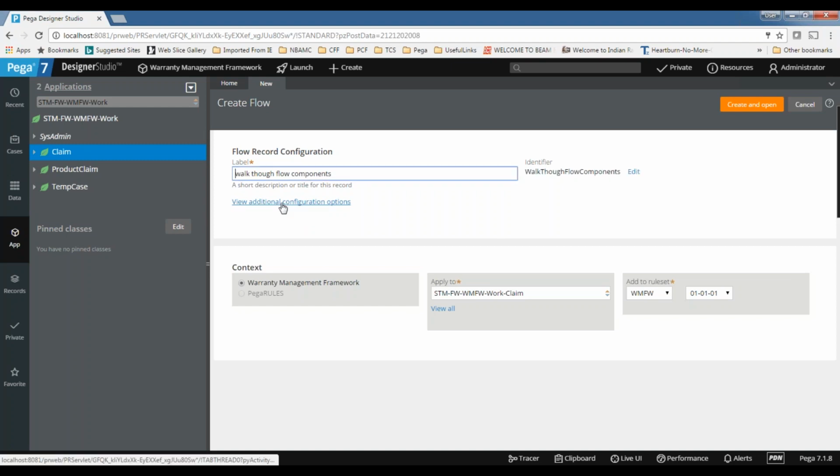So I'm giving some name and then create and open. The class name is already there, and the rule set is also there. So create and open.